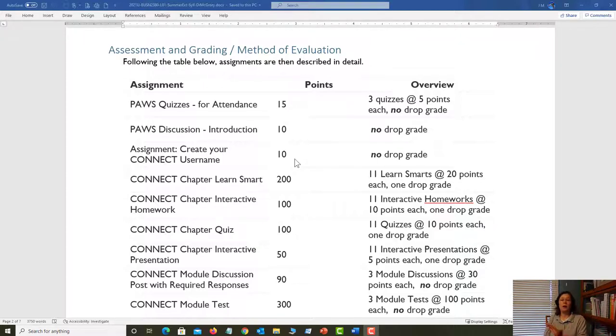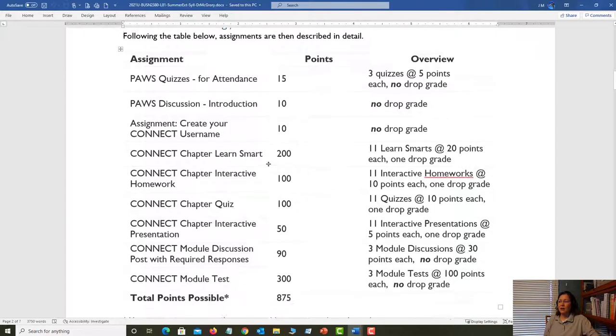Now, you use whatever email address you want to register. You can use your Southwest email, or any other email address, Gmail, Hotmail, something maybe you check frequently. I encourage you to use whatever email address you want, but your first name and last name needs to be whatever it is in the official class roster. For example, when you go into PAWS, the name that you see, that's your name as it is on file with the college. Okay, so you're going to create that Connect username by the due date to get those points. You can do it correctly, get those points, right? And you have to do this anyway as you get into your assignments.